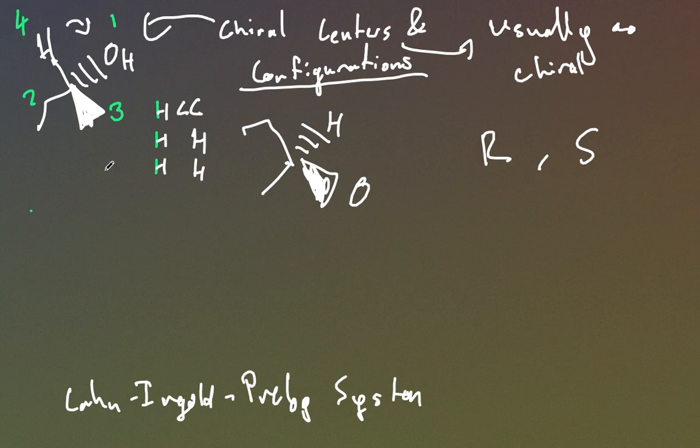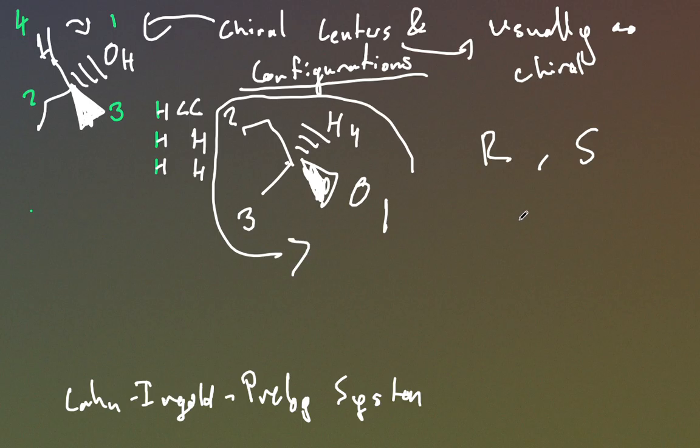So remember the ordering from before. We have this is 1, 2, 3, and 4. So going 1, 2, 3, ignoring 4, the rotation from 1 to 3 is counterclockwise, which makes this the S enantiomer. And similarly, if this is clockwise, the other enantiomer, this would be the R enantiomer. So you put that in front of the IUPAC name. So for this molecule, that would be,